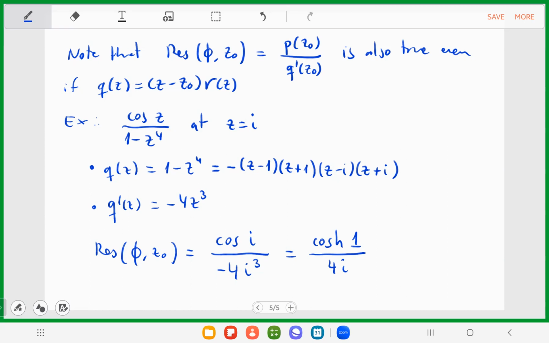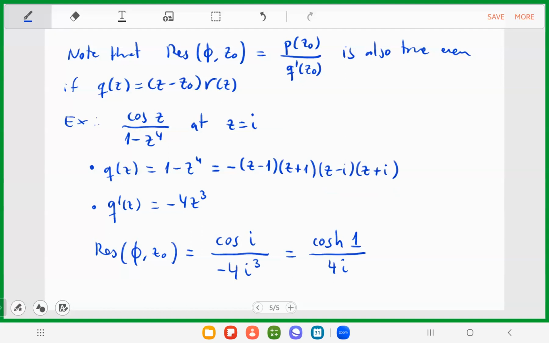A function can have more than one singularity, and then each singularity could be any type of pole. Here, this is a function that has 4 isolated singularities that are simple poles, because the denominator, which is this function q, has 4 simple zeros, the values that make this function equal to 0, right? Sorry, what was your question? So you can see, the factorization makes it easy to see. If you substitute here z equal 1, z equal minus 1, z equal i, or z equal minus i, in all these cases, the function q is 0, and the function cosine divided by that is singular